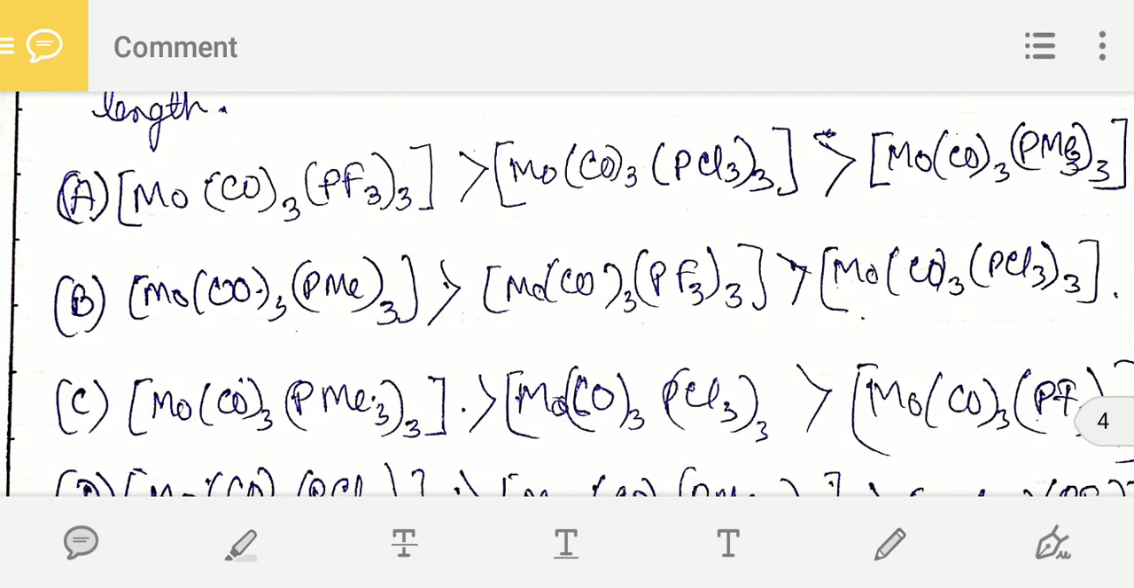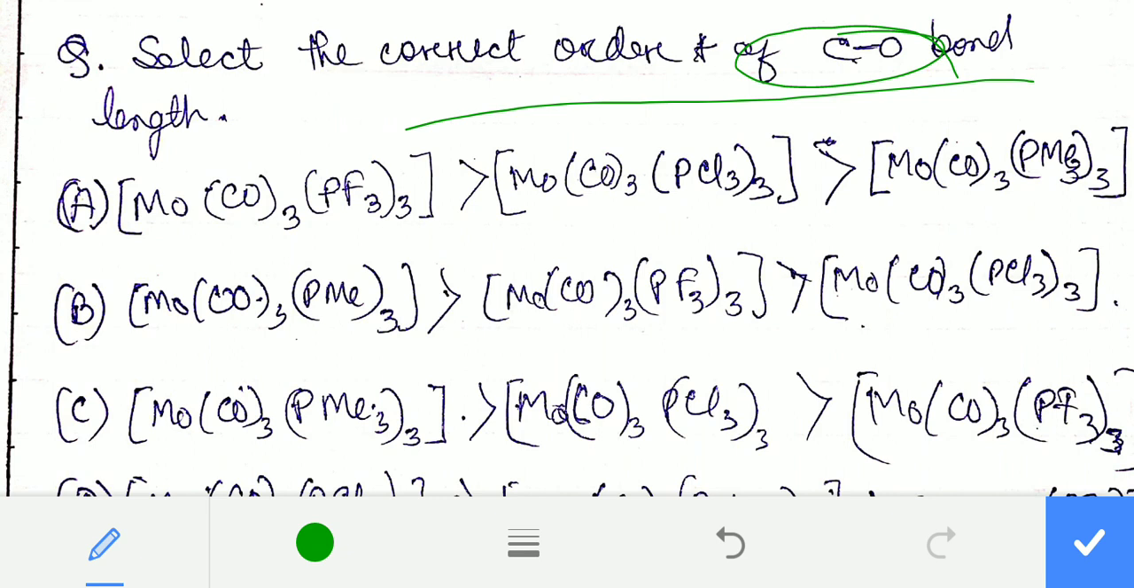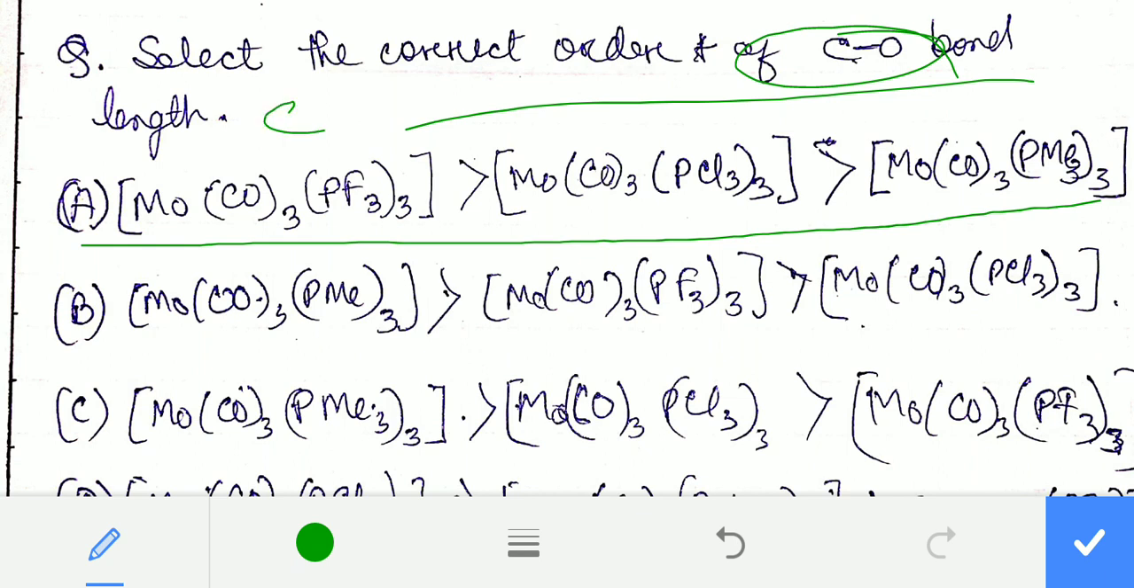Now moving to the next question. Select the correct order of CO bond length. So I am simply telling you the concept here. As you can see, in all the options Mo(CO)3 is there. Now, CO bond order